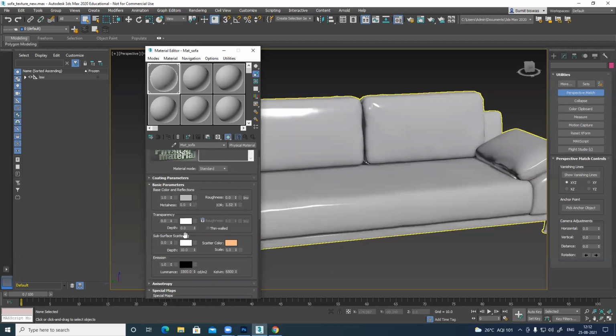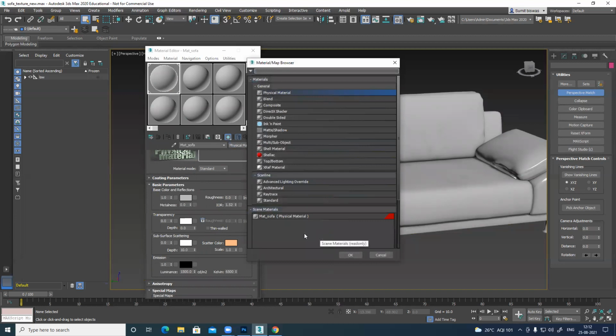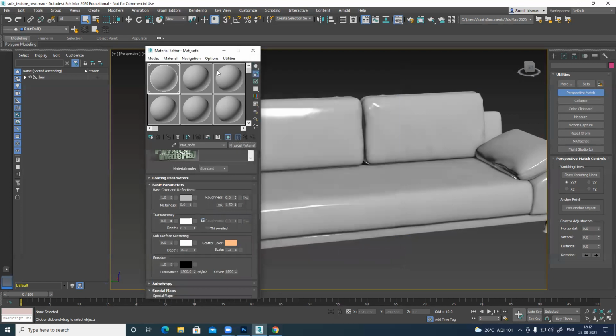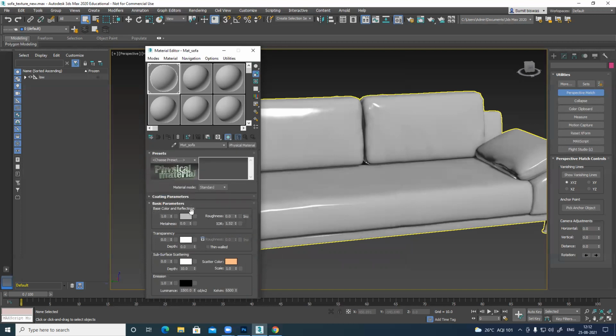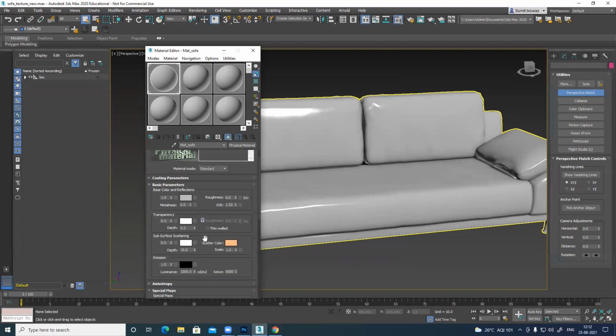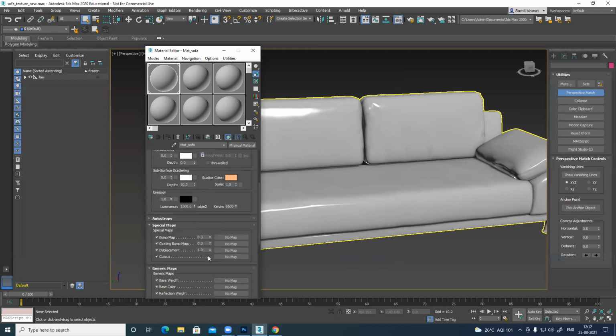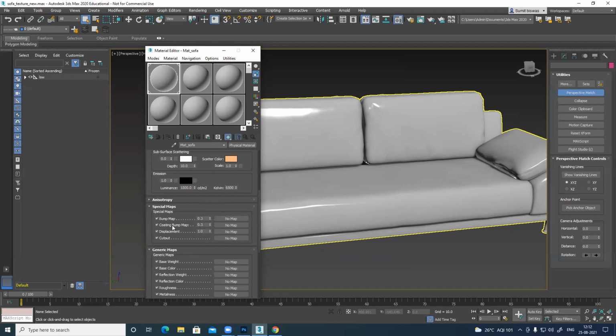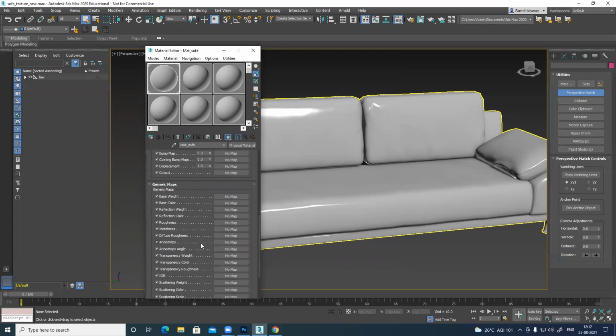This is physical material. Physical materials are usually for rendering purposes. For gaming and all, we use basic materials, for that we use standard material. This is something we can change anytime. But the only thing is, if you change it, you will use all the textures you have assigned. I'm going to assign this one. It's already assigned here. So here you can see base color, you have a roughness option here, translucency, subsurface, emissive, and you can see all these different displacement, bump map, all options are there.